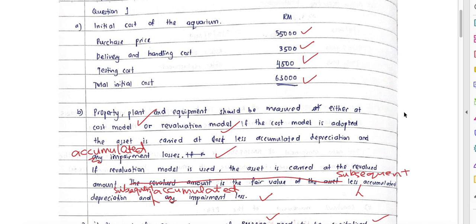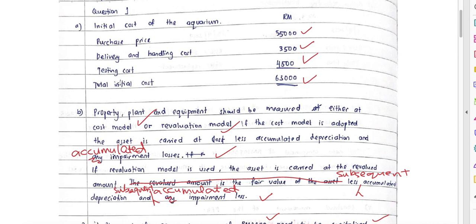The first question asks for the initial cost of the aquarium. So now refer back to the elements of initial cost. There are three elements. One is the purchase price. Second is any cost directly attributable to bring it to its present location or into workable condition. And the third one is any present value of dismantling, restoration